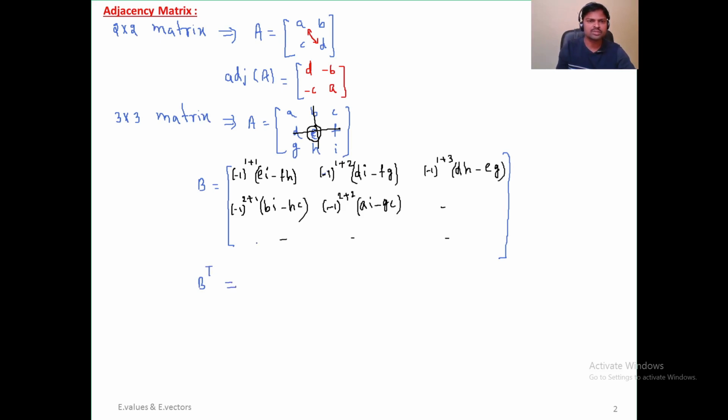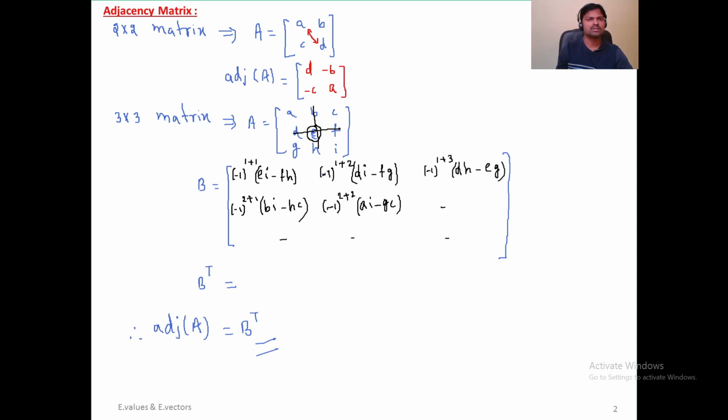Just transpose it. So therefore, the adjoint matrix of the given matrix A is simply B transpose. So this is a way of finding the adjoint matrix for 2 by 2 and 3 by 3. And for 3 by 3, same story. If it is a 4 by 4 matrix, the same ideology we have to